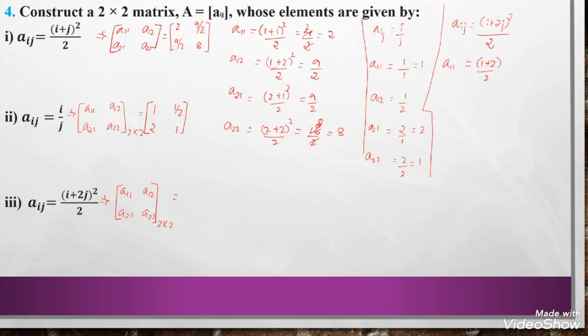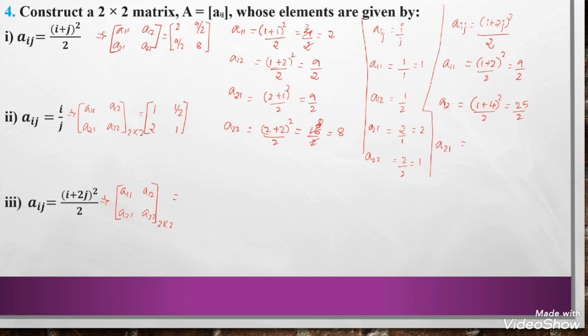2 divided by 2 whole square. 1 plus 2 is 3, 3 square is 9, so 9 by 2. For the second element, A12, i will be 1, j is 2, 2 into 2 is 4, square divided by 2. 1 plus 4 is 5, 5 square is 25, so 25 by 2. Next element,